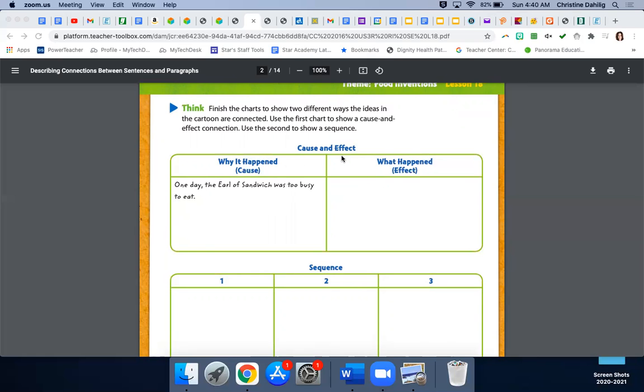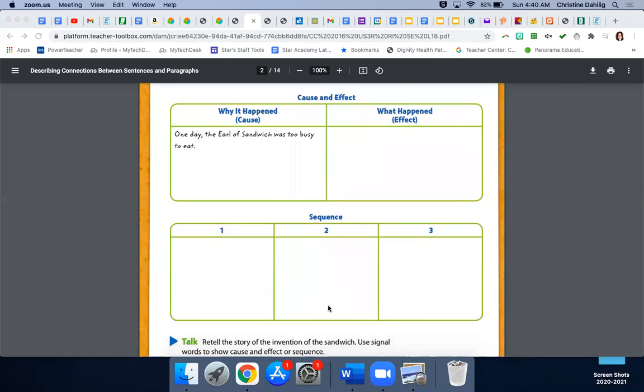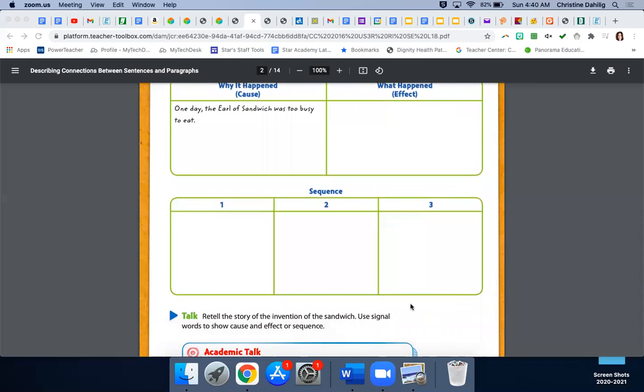Cause and effect. And then you will need to take a look at the cartoon and fill out the sequence of events. What happened first? What happened next? What happened last? And it might help if you retell the story out loud so that you can, again, hear it and better understand those connections. So we're going to pause the video here to give you an opportunity to complete page 297